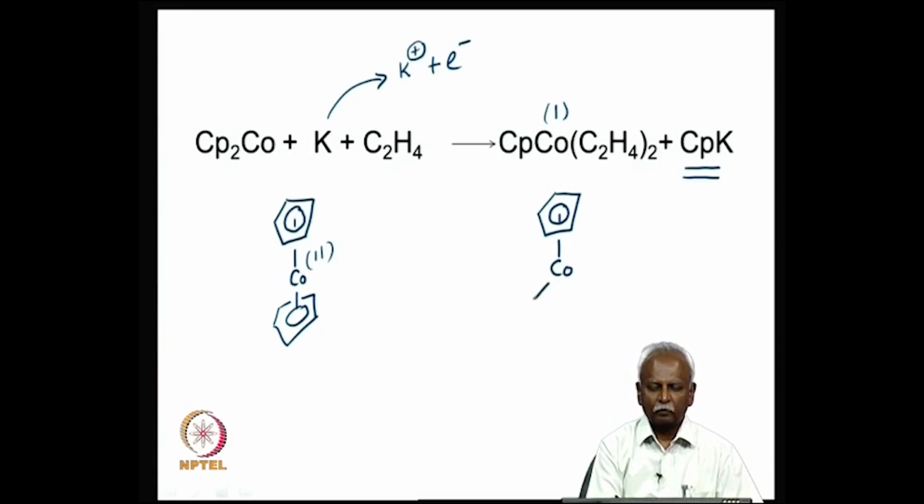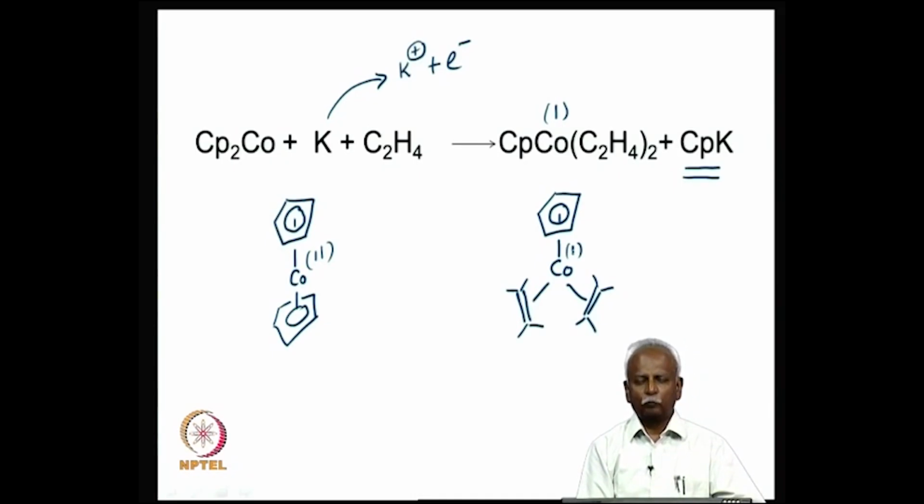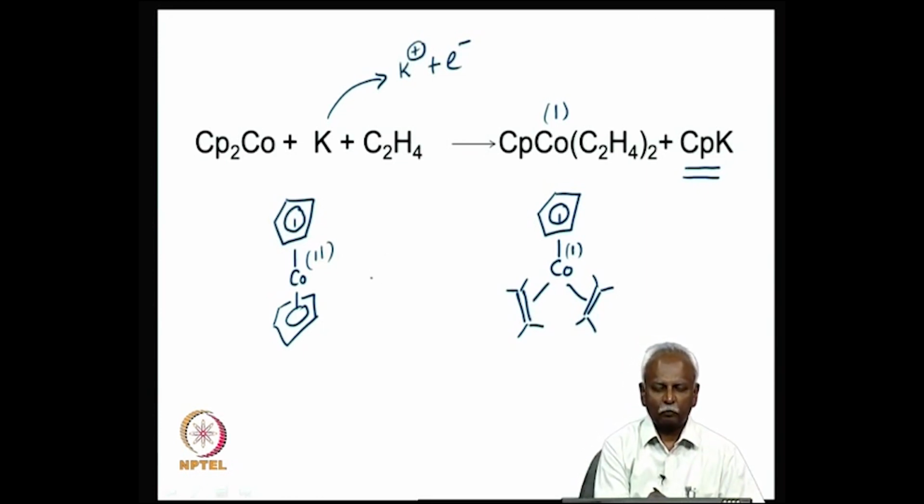You can have 2 ethylene moieties which are bonded in a symmetrical fashion to the cobalt 1 species which is present in the center. Although we have not studied cyclopentadienyl complexes up to now, we can understand that because we have 5 carbons coordinated to the cobalt 1, they will, in the neutral method, give 5 electrons. So, in the neutral method, we will have 9 electrons from cobalt,